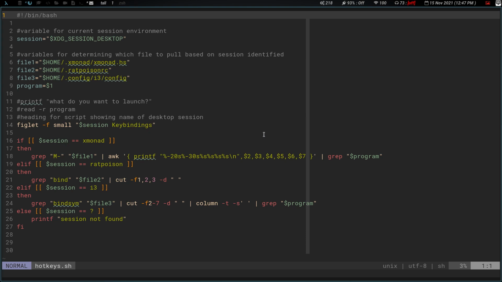So as of right now, this is what we are leaving it at. But that being said, let's get back into the script. So variables declared. It's going to run my heading and show me what window manager key bindings I'm looking at,